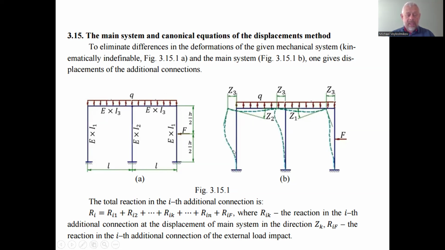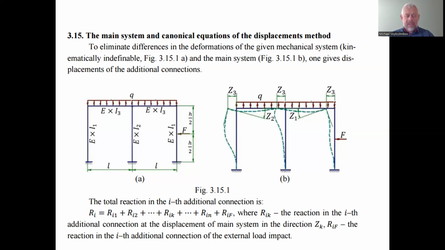What are the efforts? The efforts in each of the extra connections we indicate as R. It could be not only a force, it could be just a bending moment, but we are talking about the effort. And we assume the independence of action of all efforts on the mechanical system, that is, superposition of action of all efforts to the displacement of the nodes of the mechanical system. So the total force in each